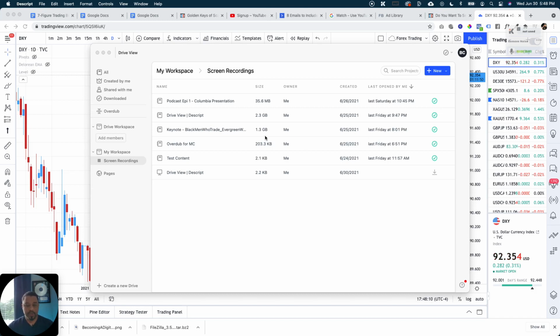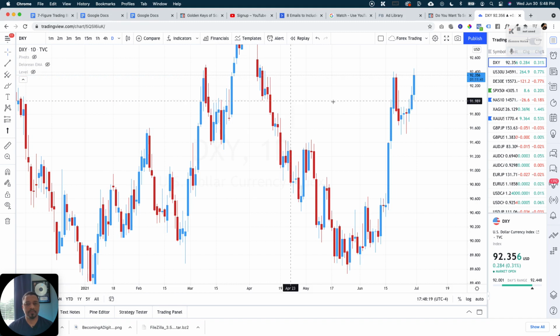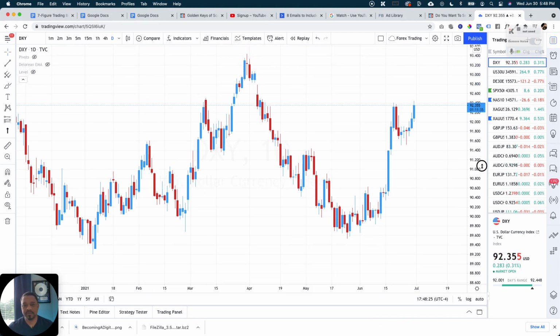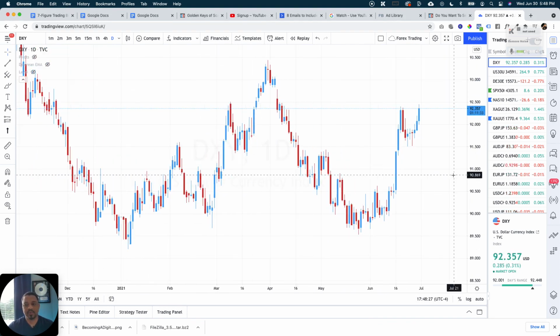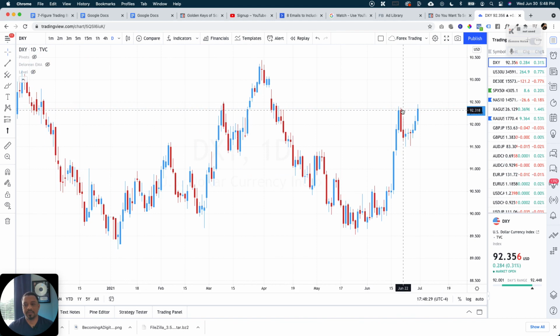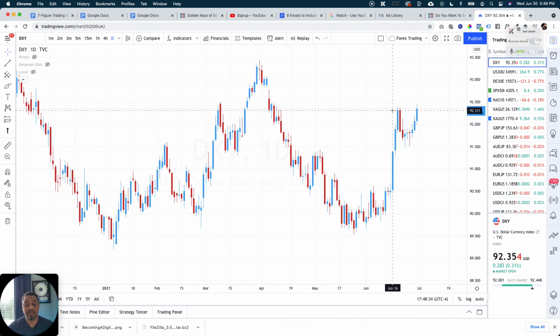So we usually do this on Sundays, but I was traveling this Sunday, so I am about to do it right now. We're going to do Sunday setups on a Wednesday. So I always start by looking at the DXY to see what the dollar is doing. We see it attempted to form, it did form a teacup.